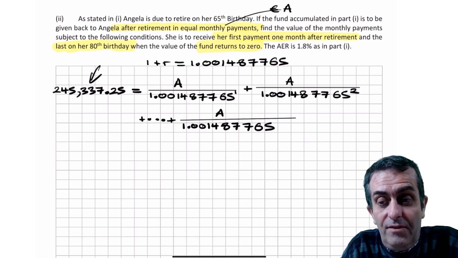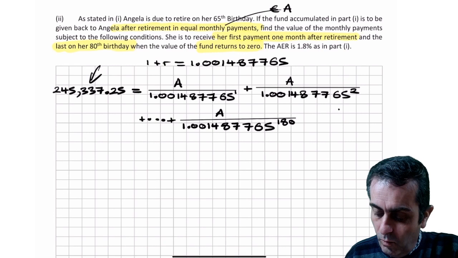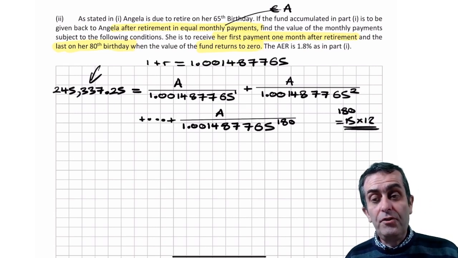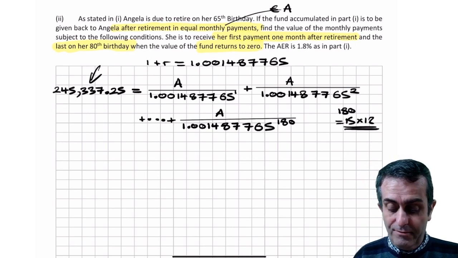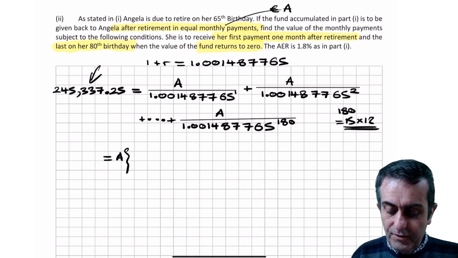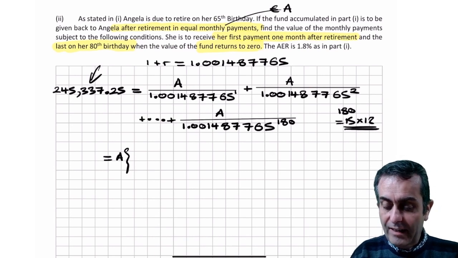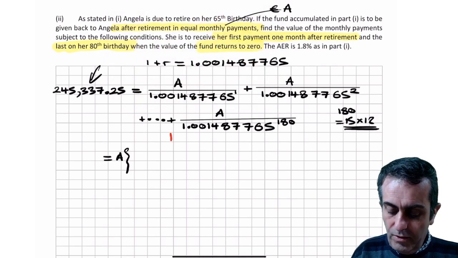Now, from 65 to 80 is 15 years. There are 12 months in every year. So 15 multiplied by 12 is 180 months. So 180 is 15 years multiplied by 12 months. Now, just as we had in our loans and mortgages section, we now do the exact same thing as before. We take out that common A, and also, because we don't like fractions, I'm going to actually calculate what this number is. Okay, 1 over